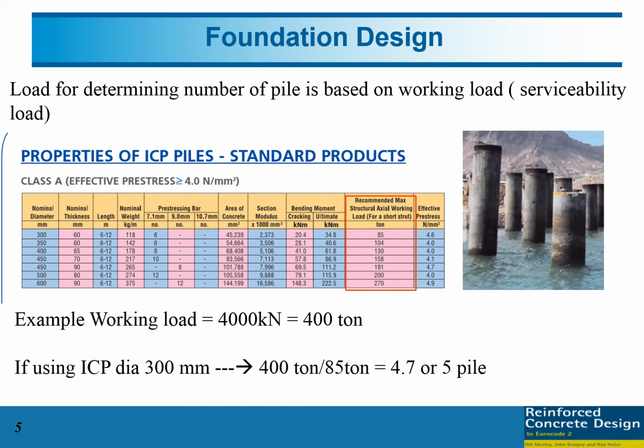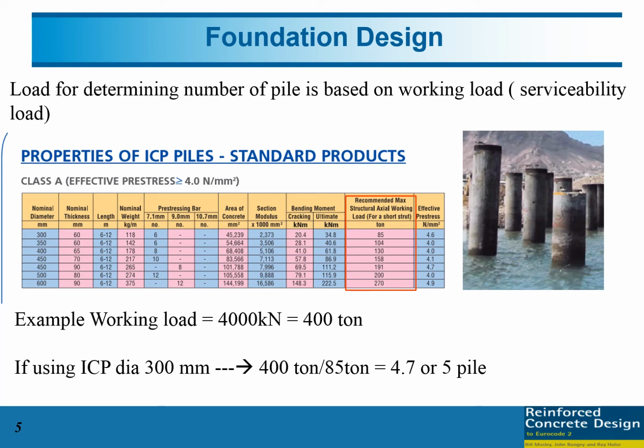So in order to determine the number of piles, we need to divide the working load or serviceability load by the capacity of one pile. For example, the working load acting on the foundation is 4,000 kilonewton, or equal to 400 ton. And then after that, you need to check the availability of the spun pile in the area near your project. For example,